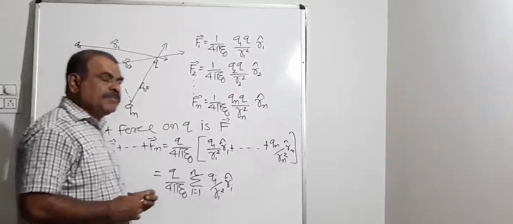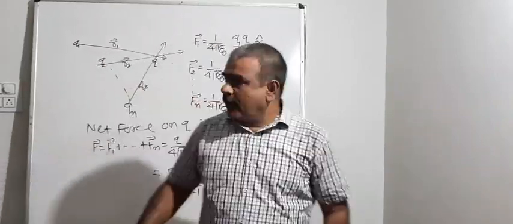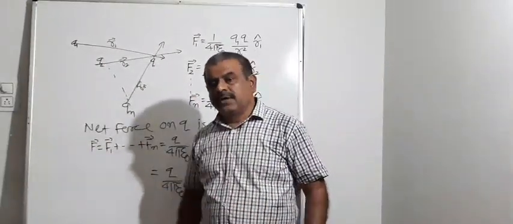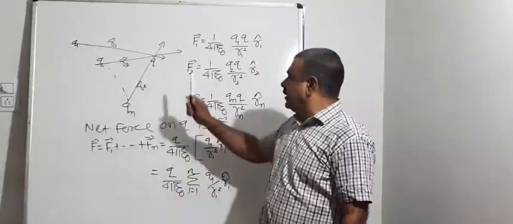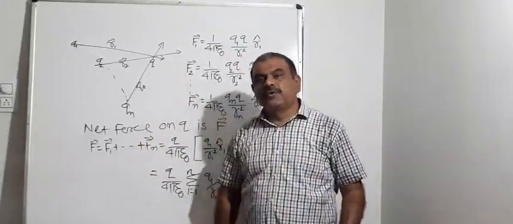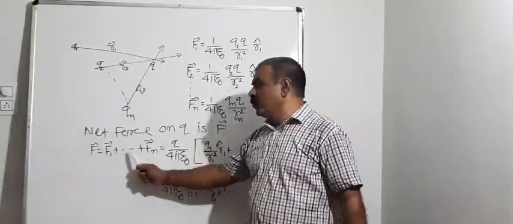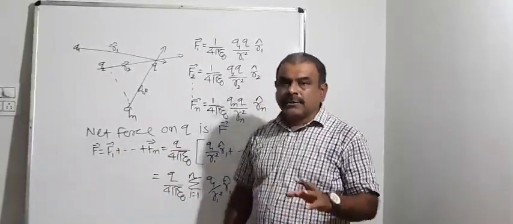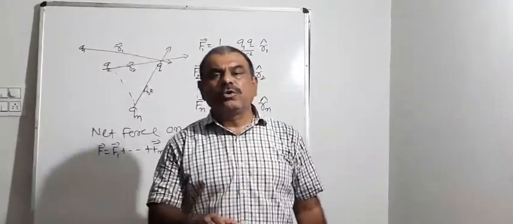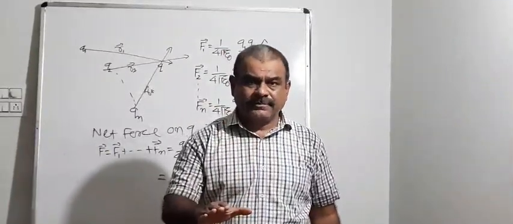This is the principle of superposition of Coulombic force, according to which when any charge experiences force by two or more charges, then the net force is the vector sum of the force due to every individual charge. Students, whatever I have gone through up to now is purely a textual concept.